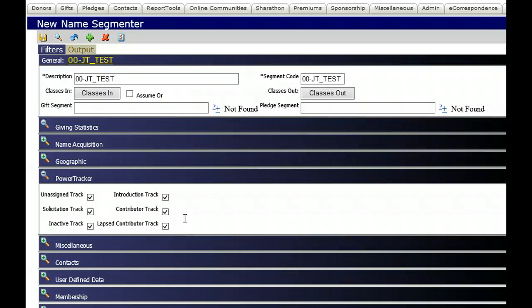So to get a list of just those names on the intro track, we need to uncheck all of the boxes except for that track. Now when we run the segment, we will get just those name records. And we could, if needed, use other filters in the segment to further narrow the list. For example, if we used a classification, that would give us everyone who has that classification and who is on